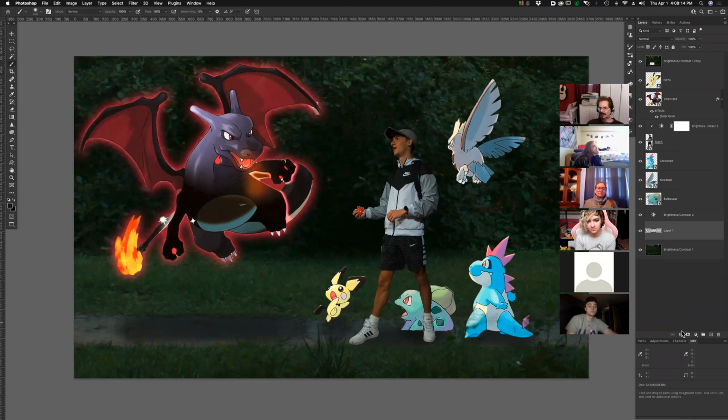All right, so I'm going to put a layer mask on your shadow layer so that I can do a little bit of work. So I've got a paintbrush at 25% opacity, so I'm going to brush along the edges of your shadow here. Probably,